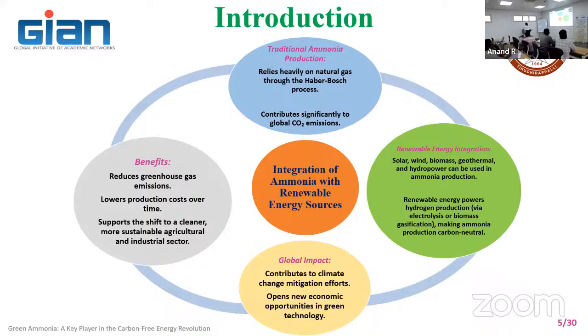So here, in the traditional way of ammonia production from the Haber-Bosch process, we know that we are emitting CO2. To eliminate the CO2 completely, we are going for a carbon capturing system, because of blue ammonia. Or, in order to completely eliminate CO2 without using a carbon-containing raw material to produce hydrogen, we are using water as a substance to produce the hydrogen without producing carbon-based emissions. So here, the integration of ammonia with renewable resources contributes to the global impact, to climate change mitigation effects,